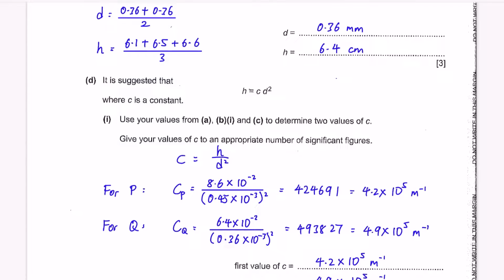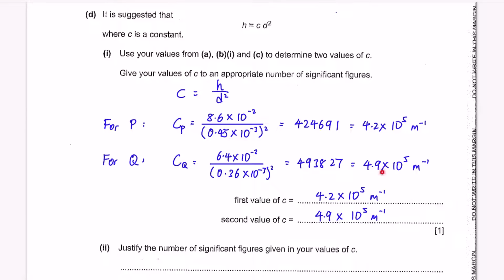And since we have 2 sets of H and D data, we can calculate 2 values for the constant C. The first one is calculated using the first set of H and D data, and the second value of C is calculated using the second set of values for H and D. And we end up with these 2 values of C. Now in theory, these 2 numbers should be exactly the same, because if the relationship is valid, C ought to be a constant. But due to experimental uncertainties, of course, we shouldn't be surprised if these 2 numbers are not